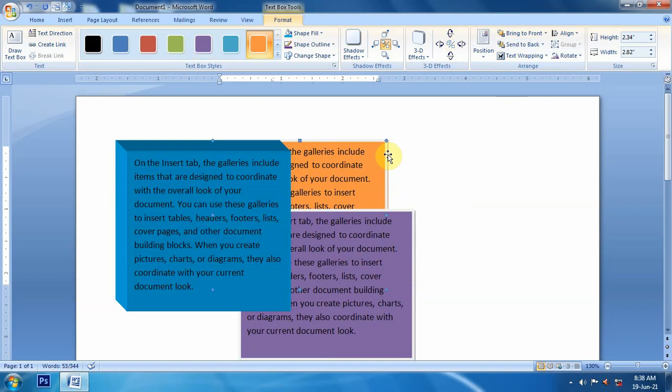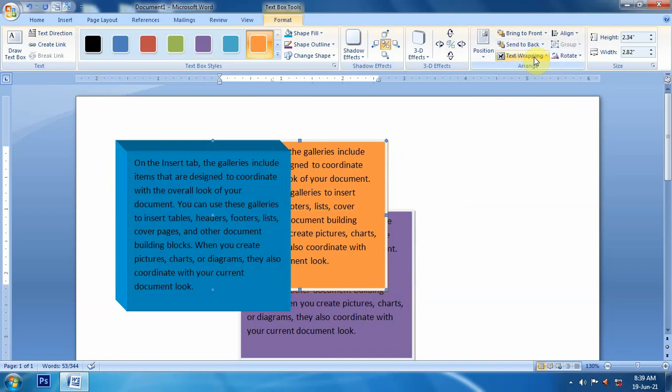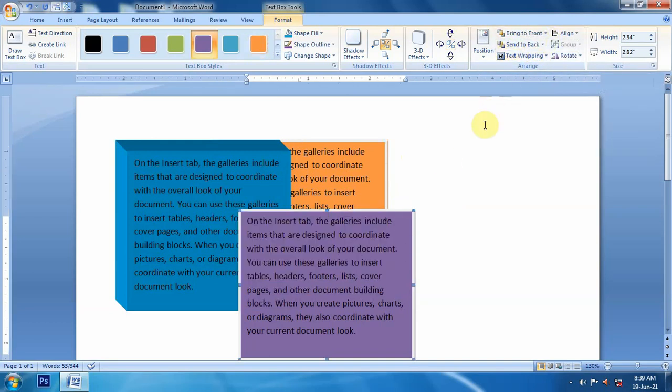Like if I say bring forward, it will come just above this text box like this. But if we say bring to front, it will come on front, and above all the shapes, all shapes will be behind it.